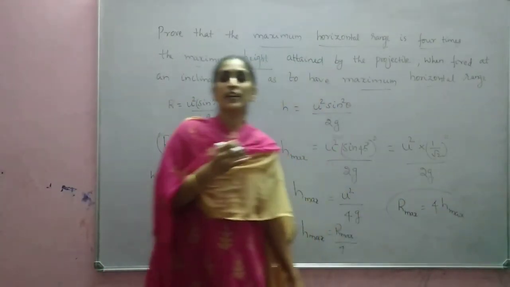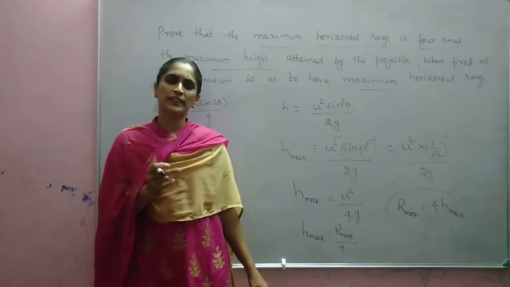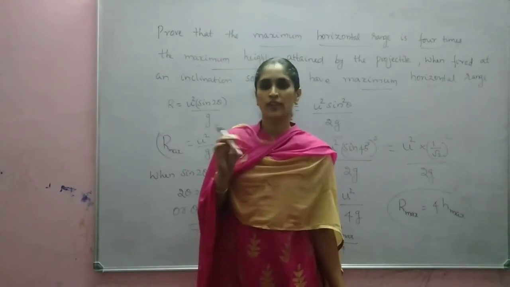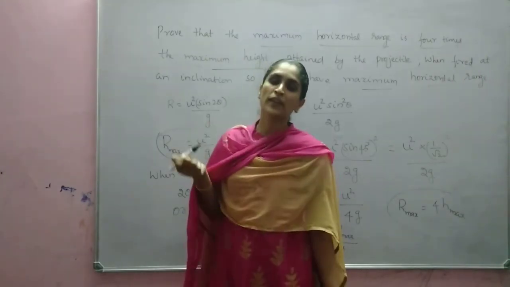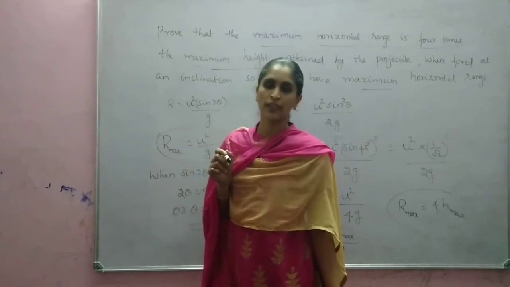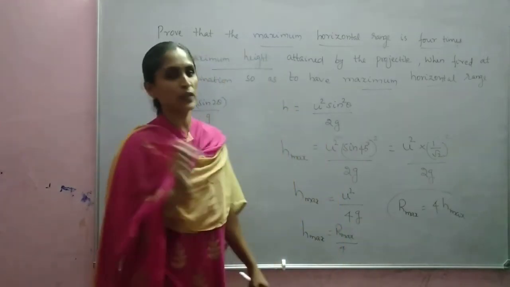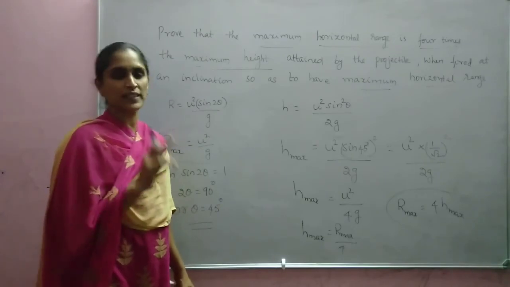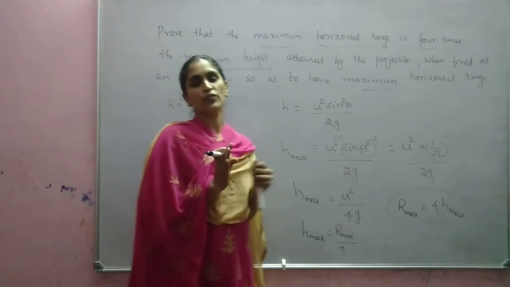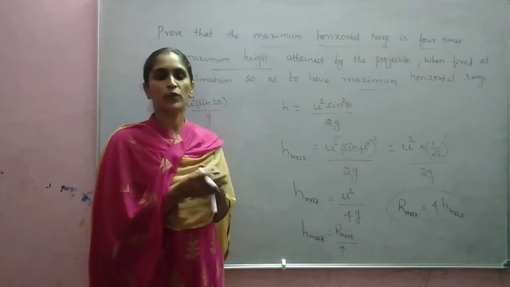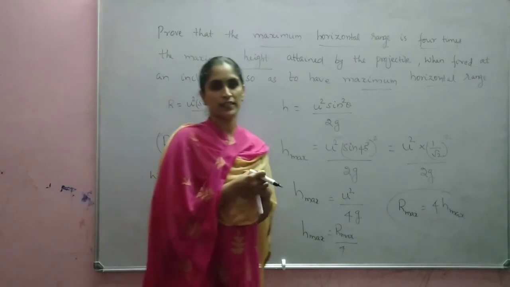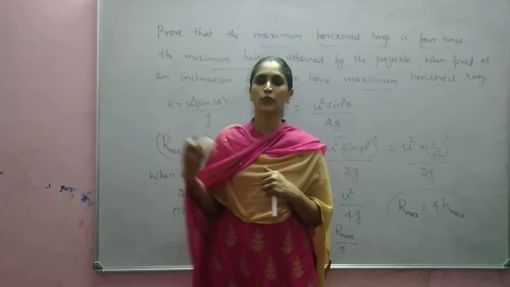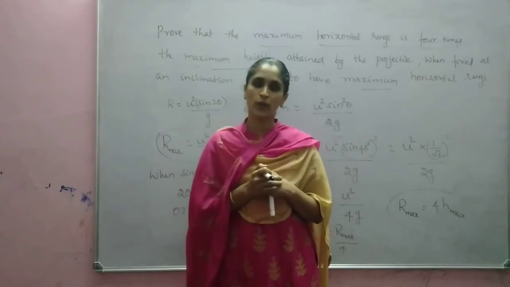So this is the way of solving problems. And one more important thing: in projectile motion, sometimes they may ask a one word or fill in the blanks type question, which quantity remains constant throughout the motion. Throughout the motion, the horizontal component of velocity, u cos theta, remains the same. At any instant of time the object has the horizontal component of velocity u cos theta, but the vertical component of velocity will be continuously changing. So similar problems you can refer from your textbook or any reference book, and you can solve it. I hope all of you understood it. Thank you.